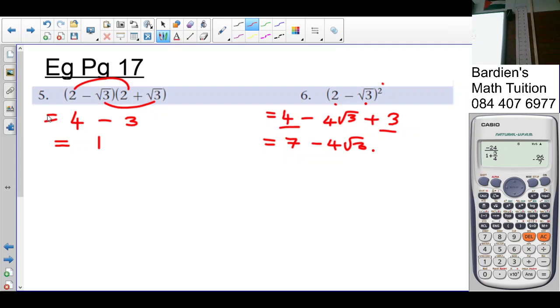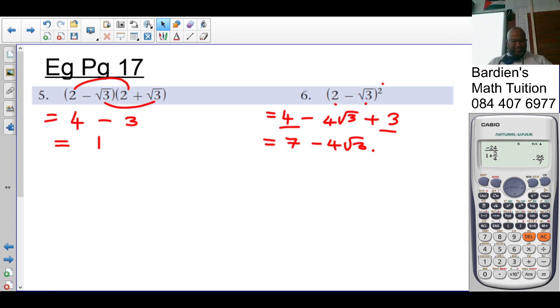Otherwise, for those of you who write it out twice, it's going to be 2 minus root 3 times 2 minus root 3, which is 2 times 2 is 4. 2 multiplied by negative root 3 is negative 2 root 3. Negative root 3 times 2 is negative 2 root 3. Negative root 3 times negative root 3 is positive 3. And then we add like terms again. Are you all okay with that? Right. And the last one,